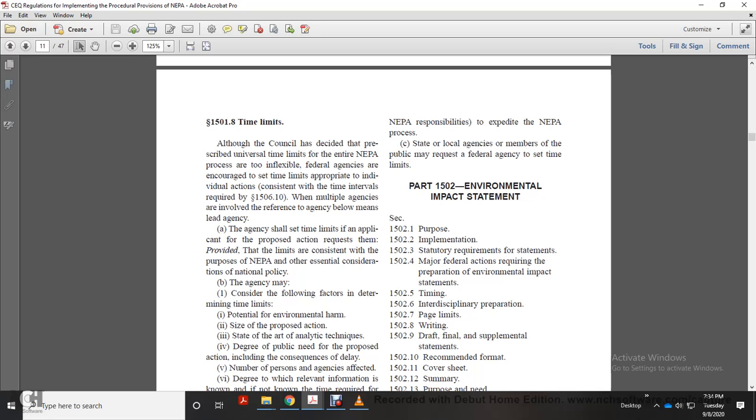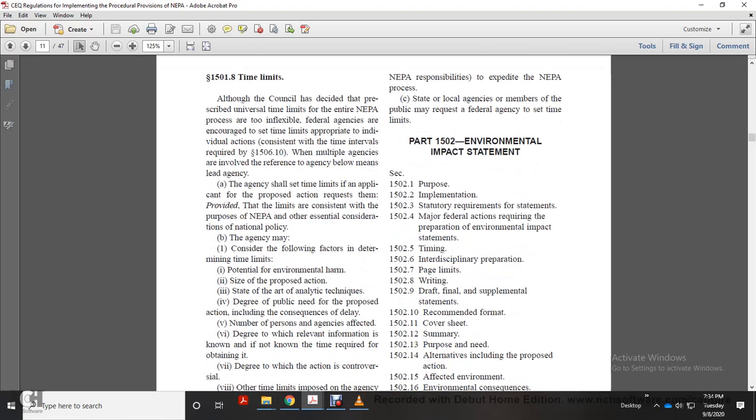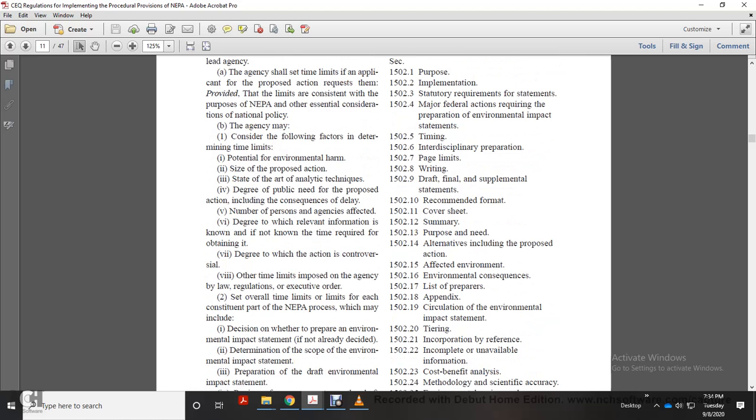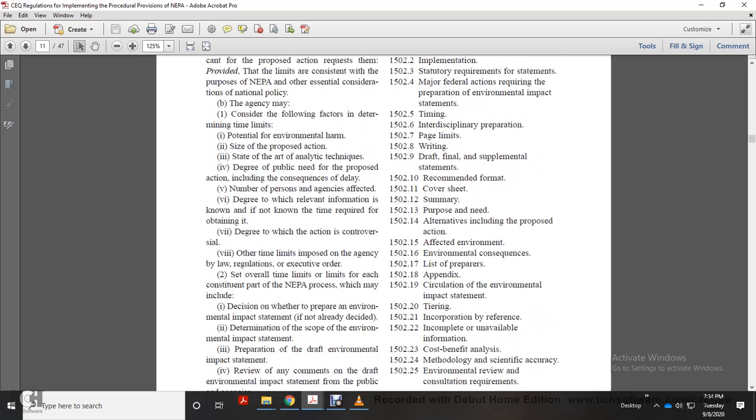The agency shall consider the following factors in determining time limits: potential for environmental harm, size of the proposed action, state of the art of analytical techniques, degree of public need for the proposed action, including the consequences of delay, number of persons and agencies affected, degree to which relevant information is known and, if not known, the time required for obtaining it, degree to which the action is controversial, and other time limits imposed on the agency by law, regulations, or executive order. The agency may set overall time limits for each of the constituent parts of the National Environmental Policy Act process, which may include decision on whether to prepare an environmental impact statement if not already decided,